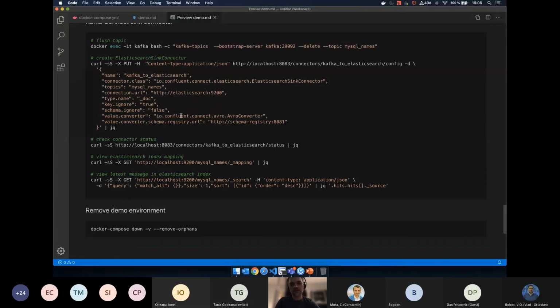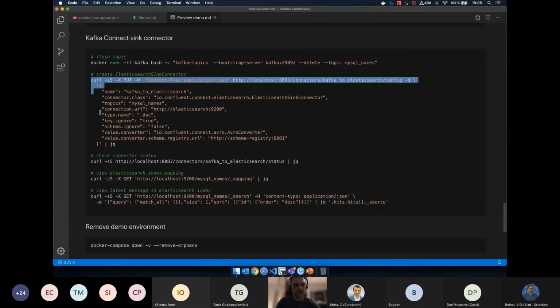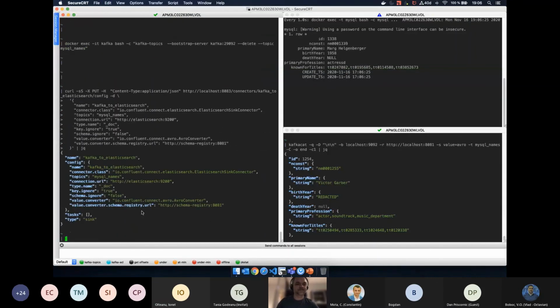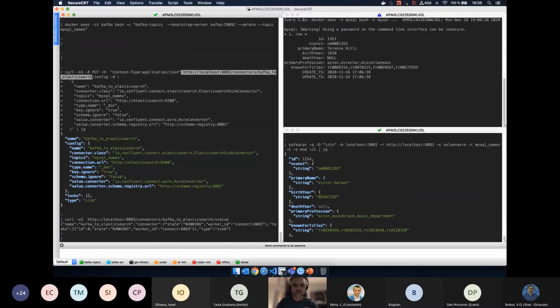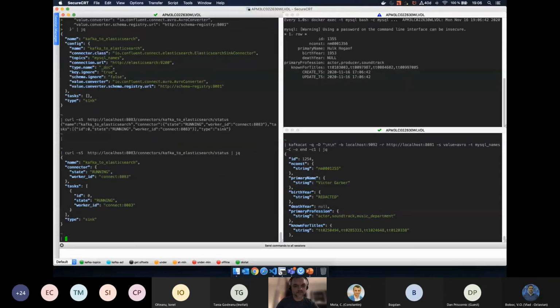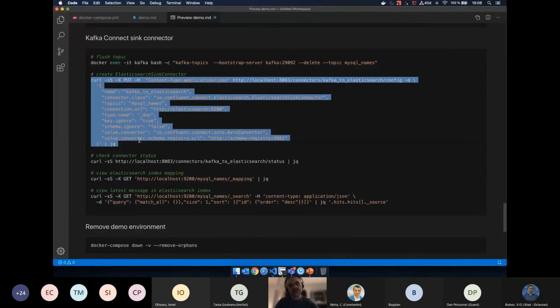And also we need to specify that our data is stored as Avro. Let me check the status. It is running.